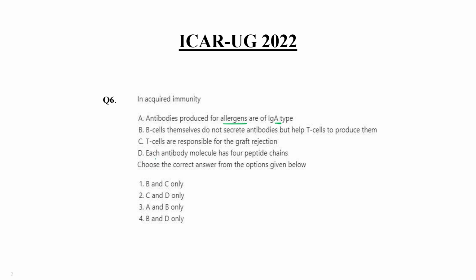Next statement, each antibody molecule has 4 peptide chains. So according to you, which one is the correct statement out of these 4? 1 or 2 or more than 2? We have to choose the correct answer from the options given below. In acquired immunity,